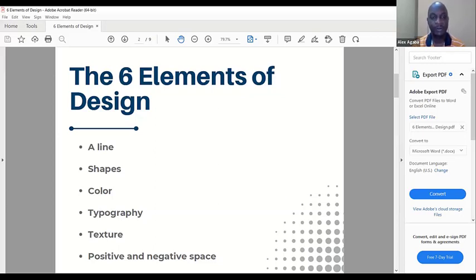We also have typography, texture, and also spacing, what I call white space, or the positive and negative space. Once your design has these elements, I believe you're into a good start. So we're going to tackle each element one at a time